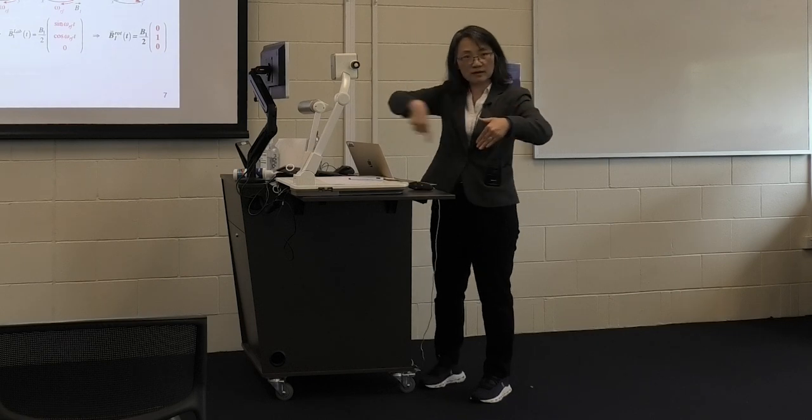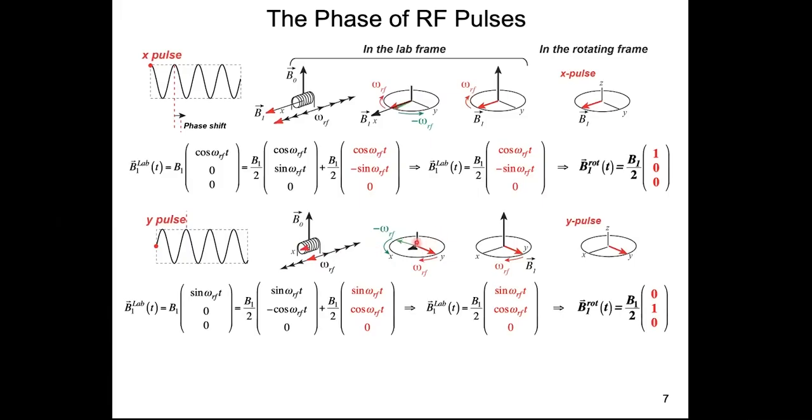One runs this way and the other runs this way. You just have to start your picture in the beginning in a different way. You have a green component pointing that way at time 0, red component this way. And mathematically, I can write the B1 laboratory frame time-dependent field first, this, and then I can decompose it as two half components. And then I'm going to keep one of these to be the one that will impact my magnetization. And the one that will impact my magnetization is the one that should be running in the same direction